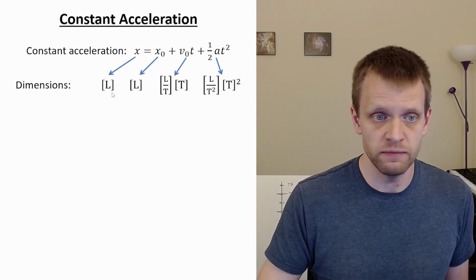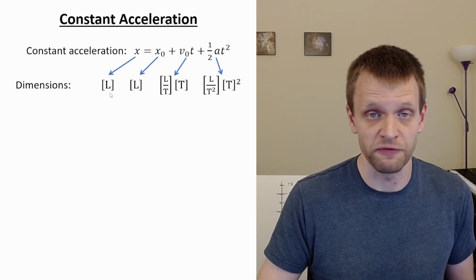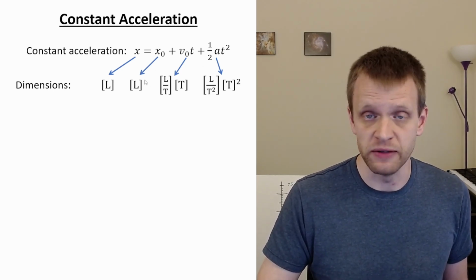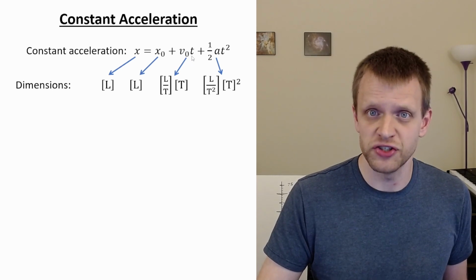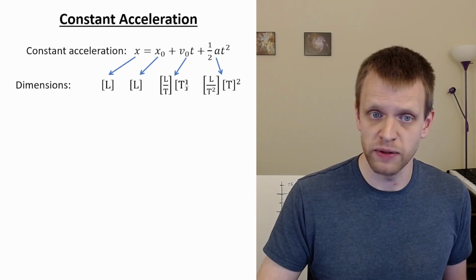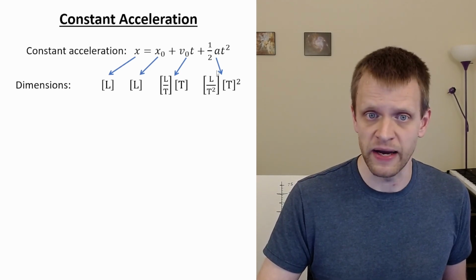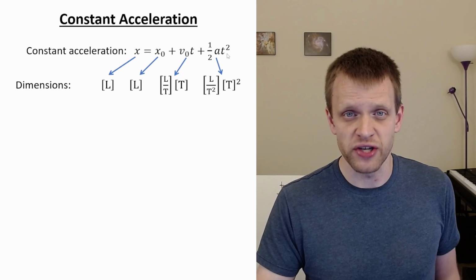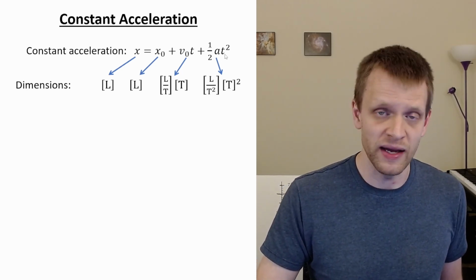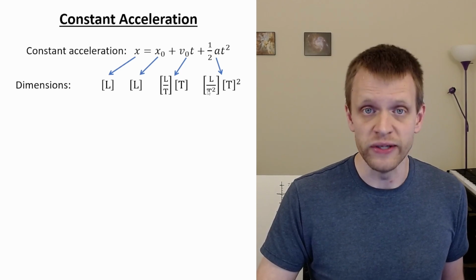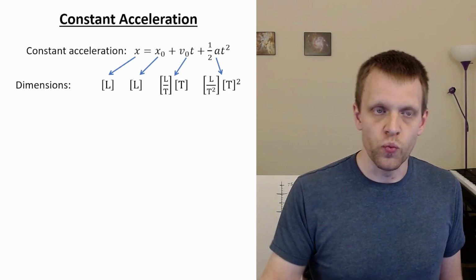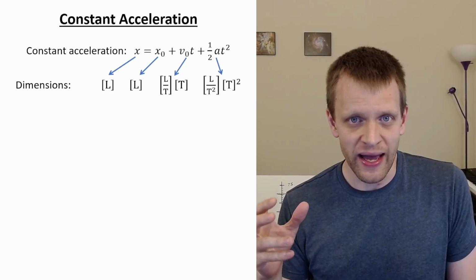The initial position, we can think about that as just a length from some chosen origin. Initial velocity times time, well, velocity is a length divided by a time, and I multiply that by another time, we get length back. One half acceleration times time squared, well, if acceleration is a length divided by a time squared, and we multiply that by time squared, we get back just units of length, and all of these match up with each other. But we want to be able to put this to the test, and in this video,